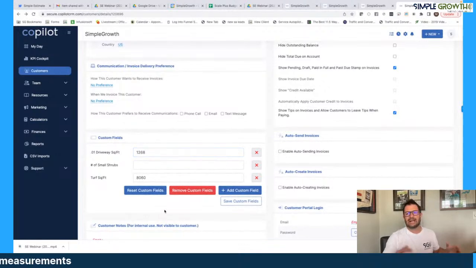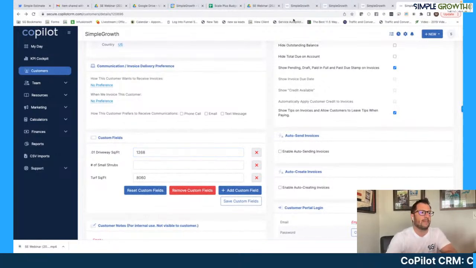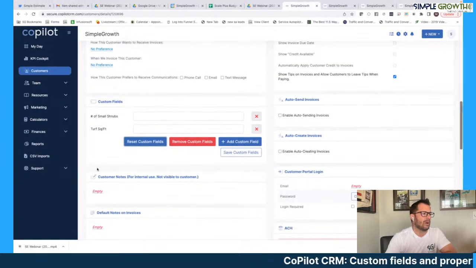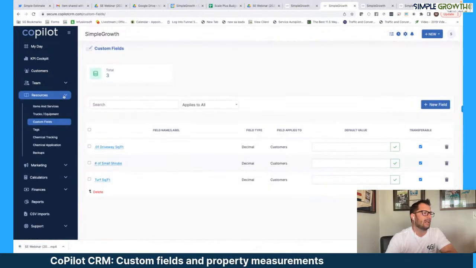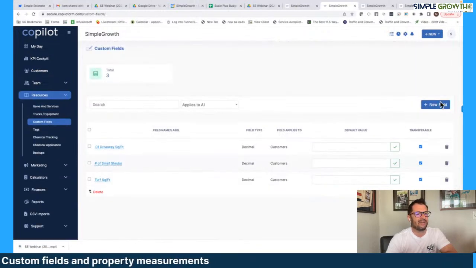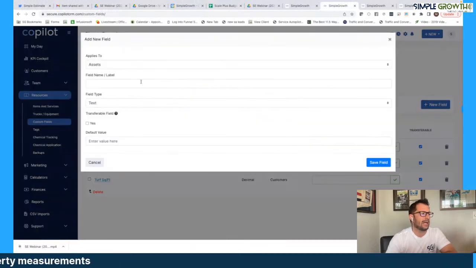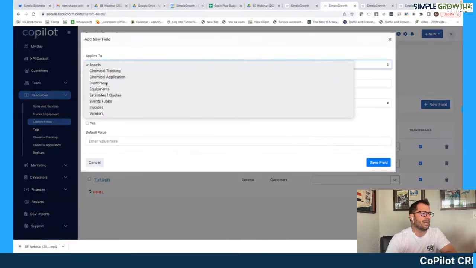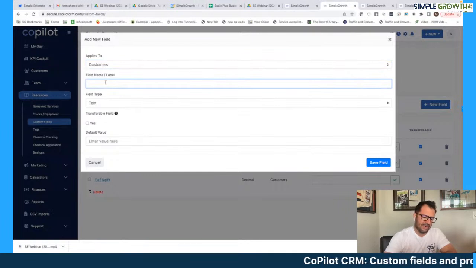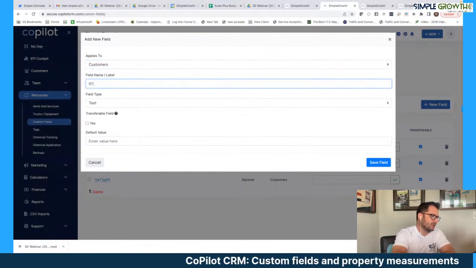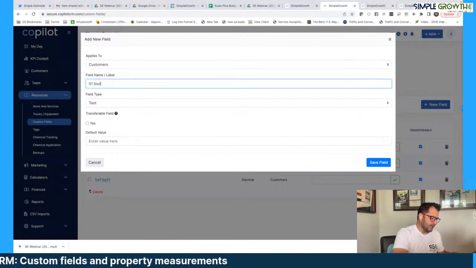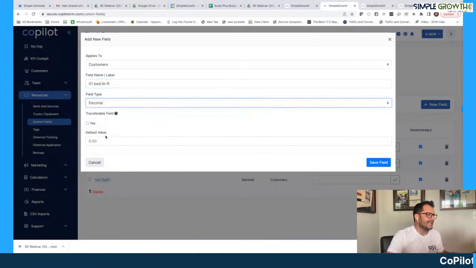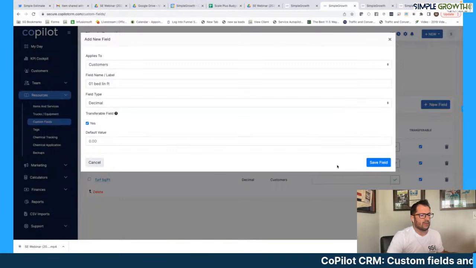So main idea here is we want to be able to go in first thing on the client record. We want to set up these custom fields. Before we do that, we need to go in and go into resource custom fields, add a field. And as you're adding the field, we're going to select what it applies to. We're going to use some naming convention, hopefully for O1, say customer. So O1 stands for customer, O2 stands for employees. We can put in bed linear feet, and the type would be decimal, and we'd want it transferable and hit